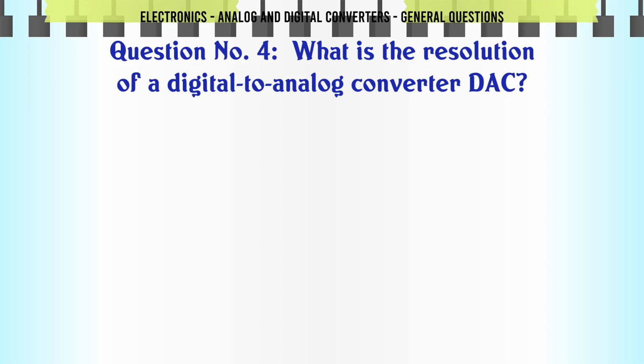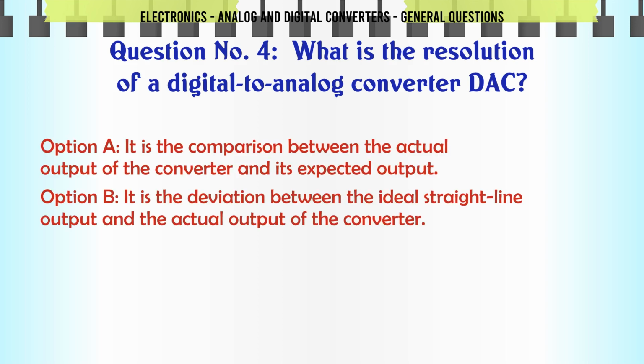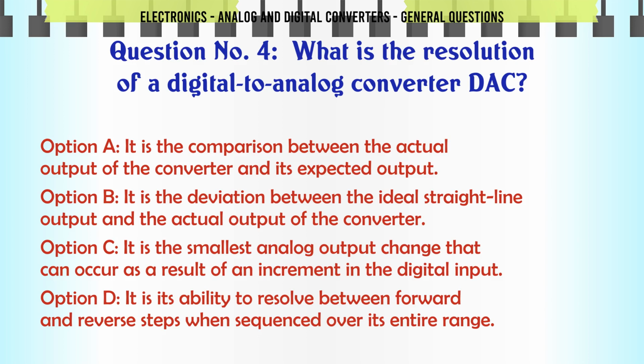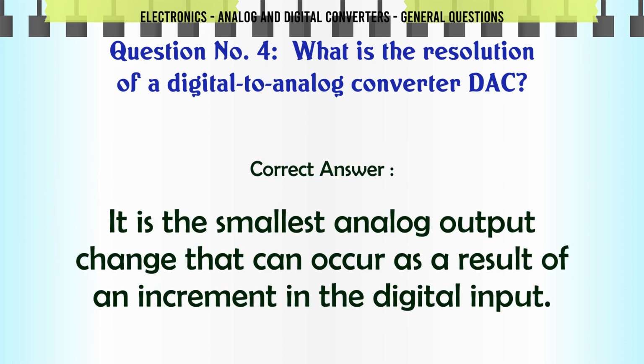What is the resolution of a digital to analog converter DAC? A. It is the comparison between the actual output of the converter and its expected output. B. It is the deviation between the ideal straight line output and the actual output of the converter. C. It is the smallest analog output change that can occur as a result of an increment in the digital input. D. It is its ability to resolve between forward and reverse steps when sequenced over its entire range. The correct answer is it is the smallest analog output change that can occur as a result of an increment